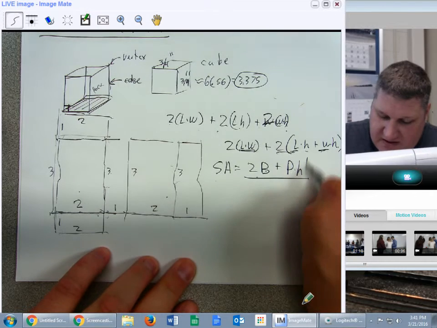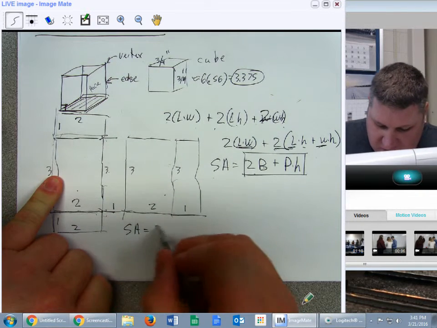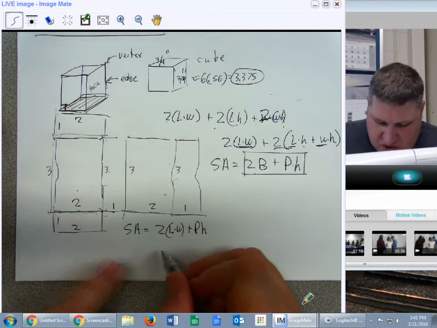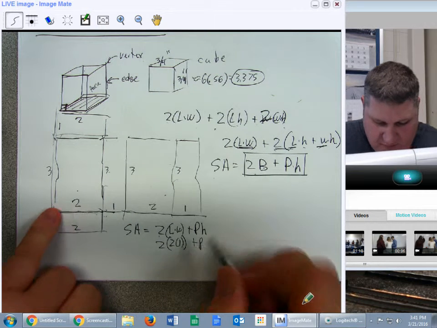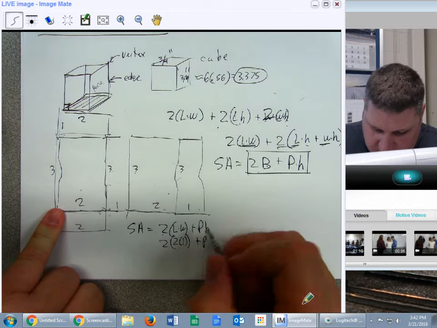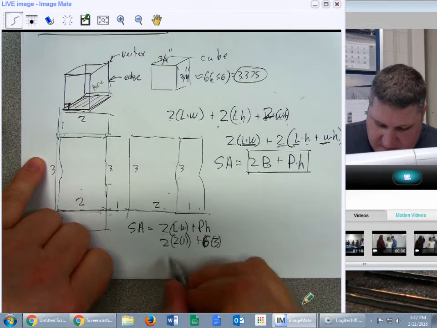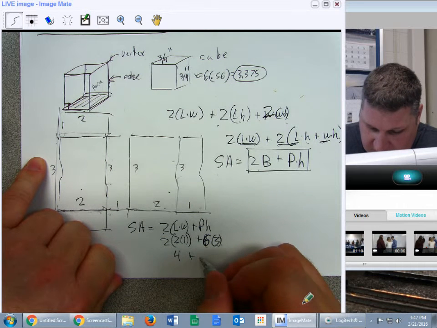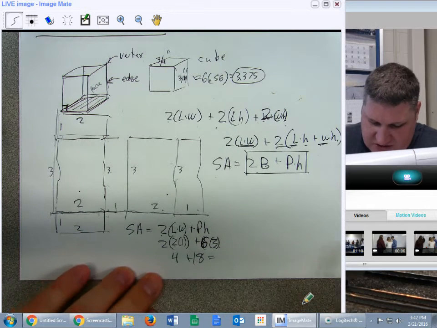Now, in this case, that's our general form. For our specific one, we have surface area would equal 2 length times width plus perimeter times height. So I have 2 times the length, which is 2, times the width, which is 1, plus perimeter. Perimeter is going to be 2 plus 1 plus 2 plus 1. So that's going to be 6 times height, which is 3. So 2 times 2 times 1 is 4, plus 6 times 3 is 18. Okay, and so I get a total of